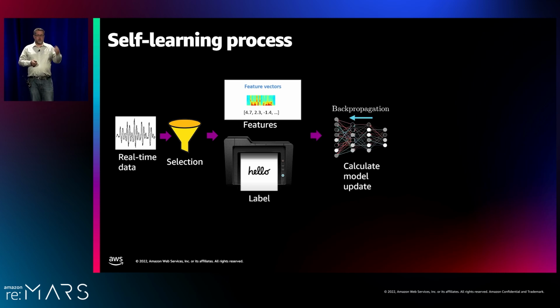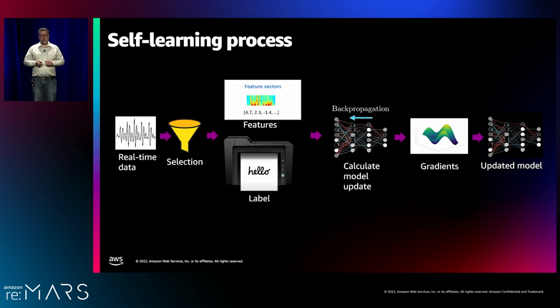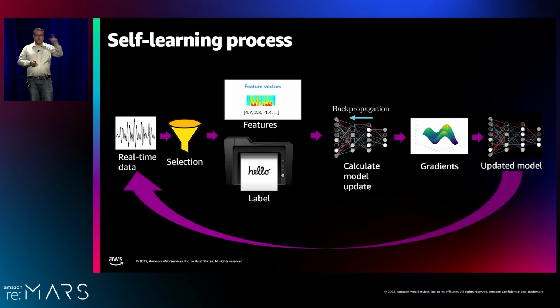So now that we have the features and the labels, we can feed them into the model to compute the model update. And I'll go into a little bit more detail of how that works in a bit. But essentially what it does is it produces a gradient. So the gradient is the delta we should apply on top of the model to improve it. And then we can finally take that gradient and apply it on top of the model to update it. And then we just repeat this loop over and over and over again, continuously, to keep improving the model. One pass through this loop is what we call a round. Sometimes it's called a step, but we typically refer to it as a round.